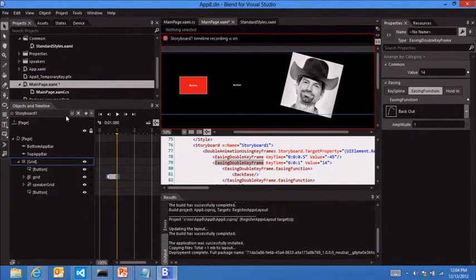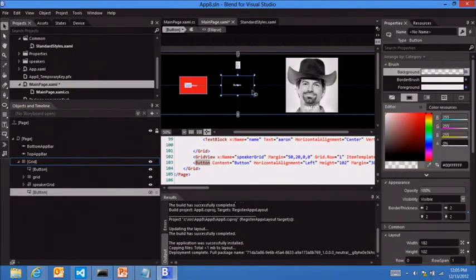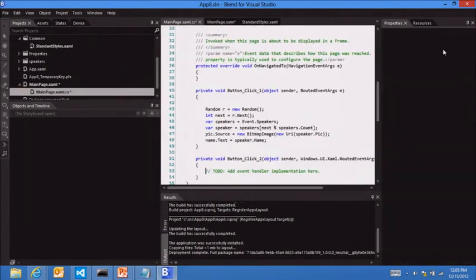So the very last thing, I'm going to get out of recording right here. The very last thing that I have to do is go back and add a little bit of code to run that animation. So I can click on this button right here. From within Blend, I can do the exact same thing where I add the event handler. I can look at the event and just say click and add the event handler there, and I want to do storyboard